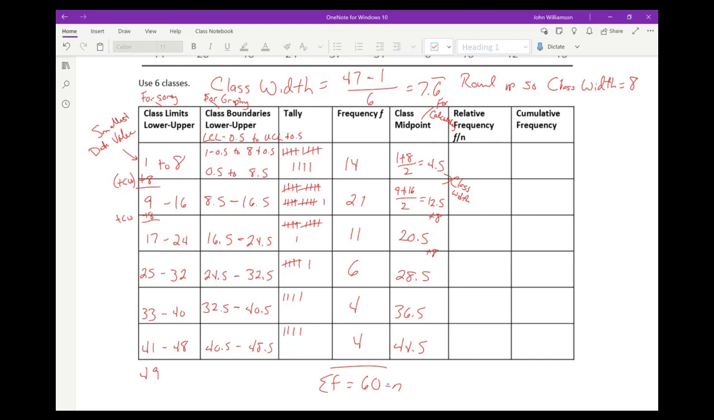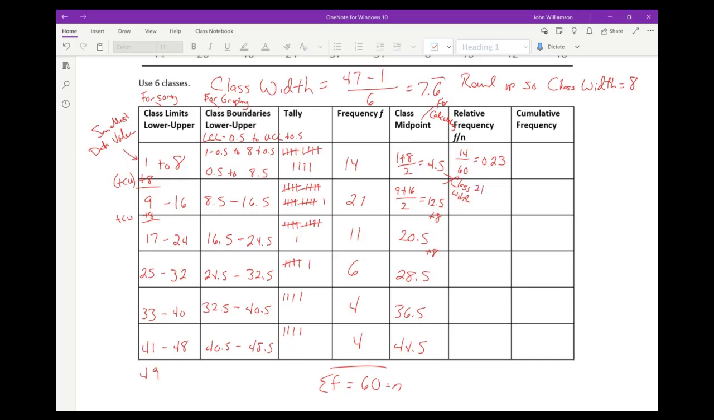So here, for example, for that first class, to get my relative frequency, it would be 14 out of 60. And we're always going to use preferred decimals in this class. So you would actually go ahead and do the 14 over 60, convert it to a decimal, let's just say to 2 decimal places for the sake of this. So when we do that, we get 0.23. So that tells us that 23% of your data values are going to lie somewhere between 1 and